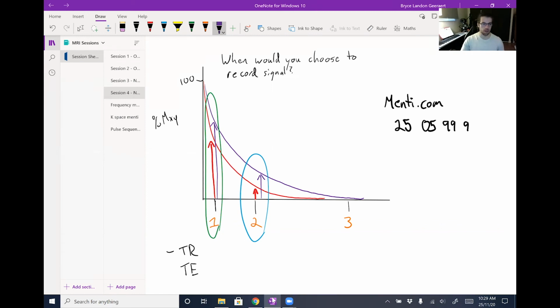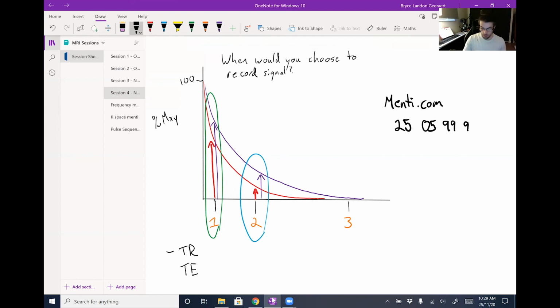So generally, we want to orient our sequences with our TRs and TEs to capture image contrast based upon a property that we're interested in. In this case, so far, we've been talking about T2. So we want the image to be timed correctly such that areas that have very quick T2 and their signal dephases quickly will be dark, whereas areas with longer T2s, where signal stays in phase for longer, will remain bright. So the rule of thumb for TR and TE for a T2 weighted sequence: